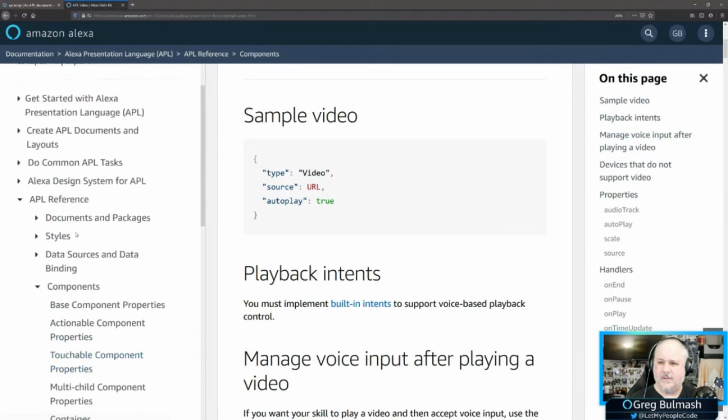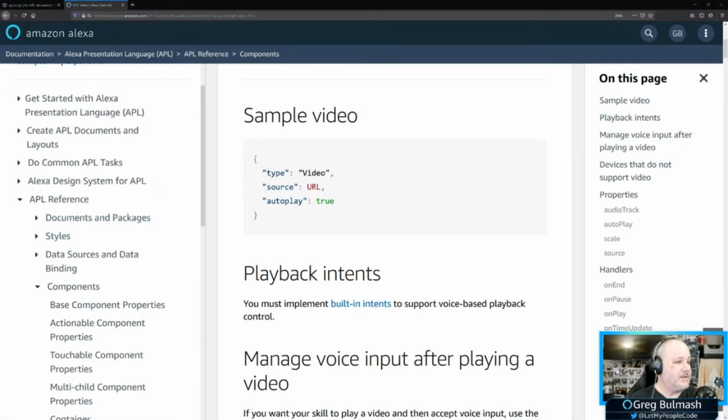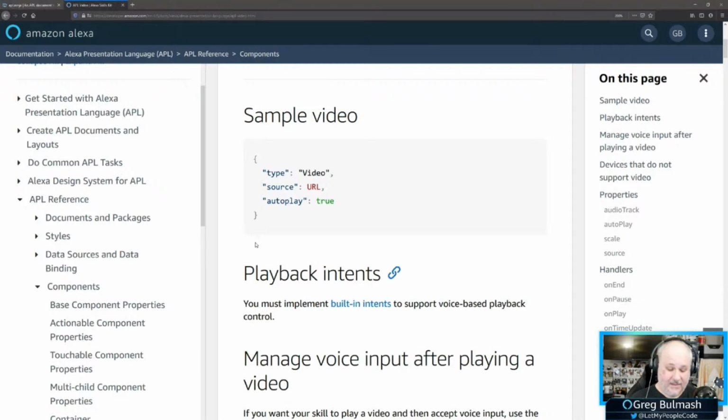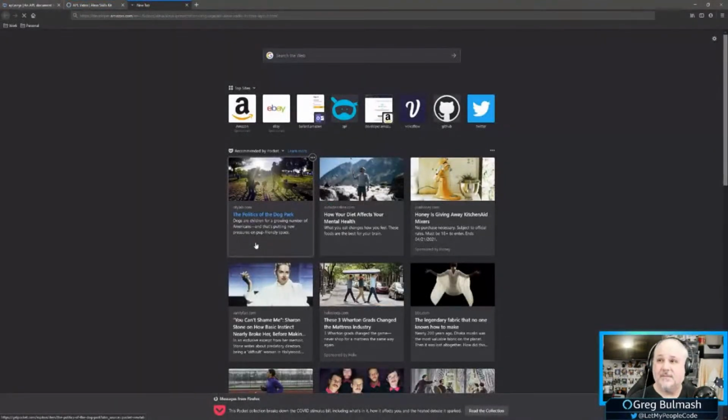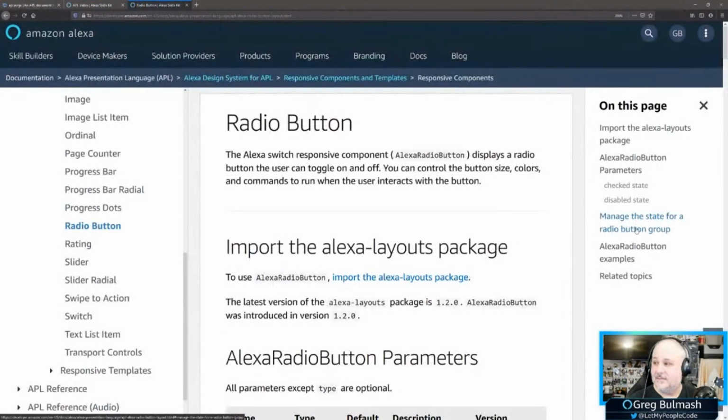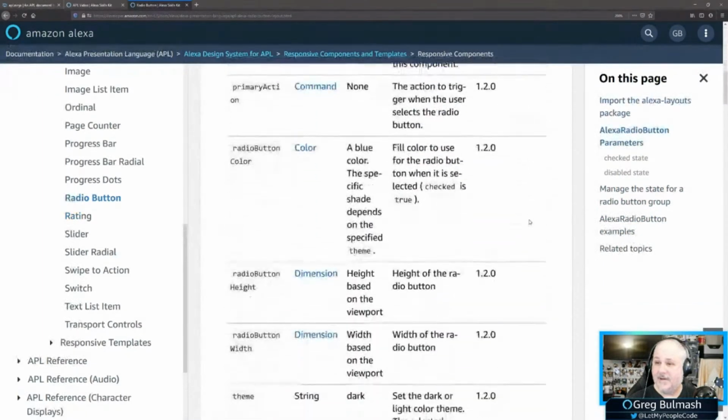Okay. There's another thing that I wanted to do. Just a second. So this is the way I code. So I've got my radio button.